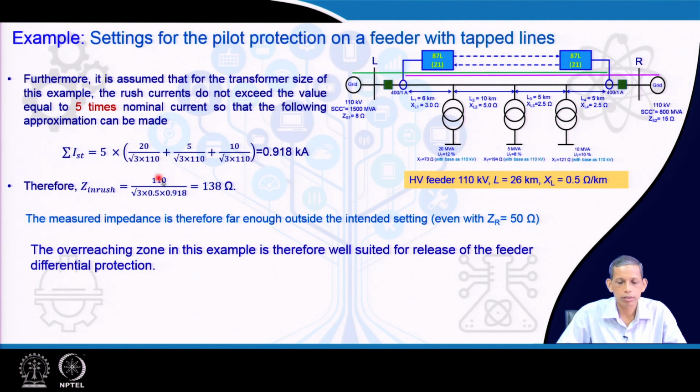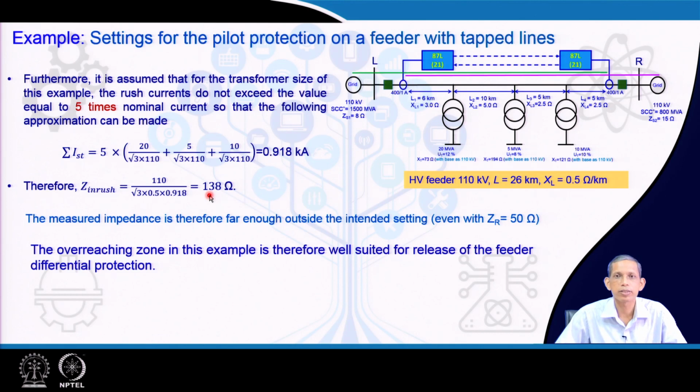Thus, the Z during the inrush switching, that the corresponding 21 at one end, the distance relay, will see is V, 110 by root 3, upon the summation of this current with a consideration of 50% of the fundamental of that current. So, that gives you 138 ohm. We have calculated that 120% also gives us some 16.9 ohm or so, but here during the inrush situation, the impedance seen by this side or that side on switching will be 138 ohm, which is much higher even than the corresponding 73 ohm of the transformer.